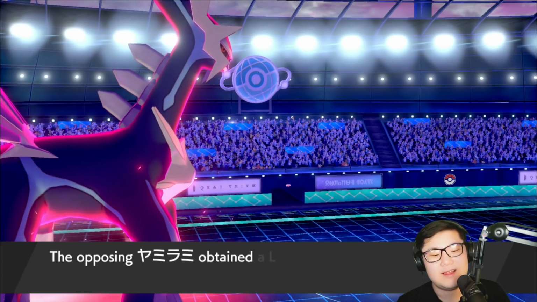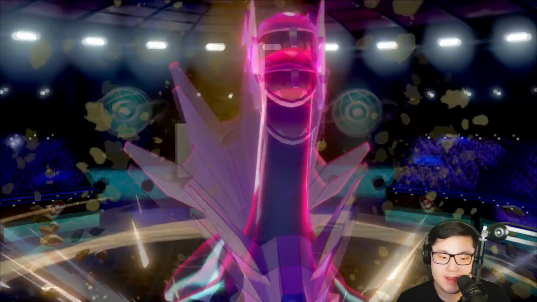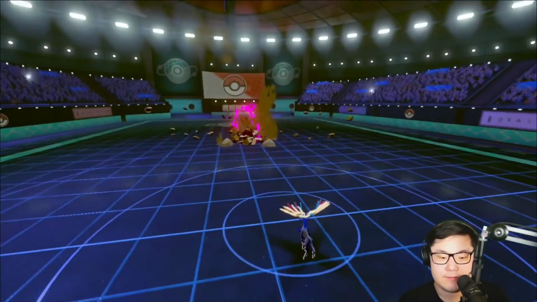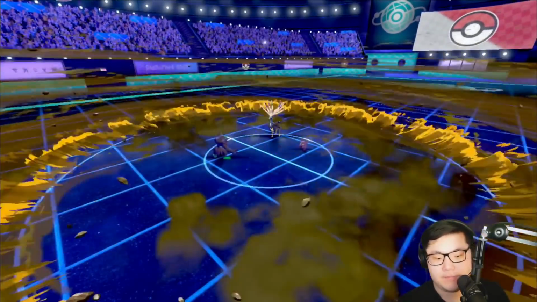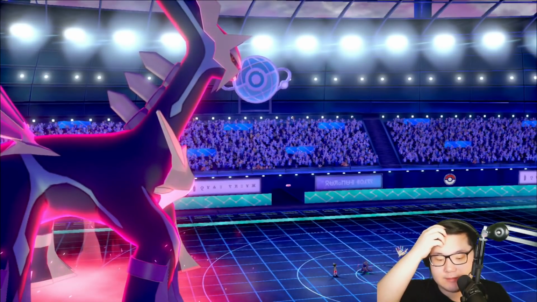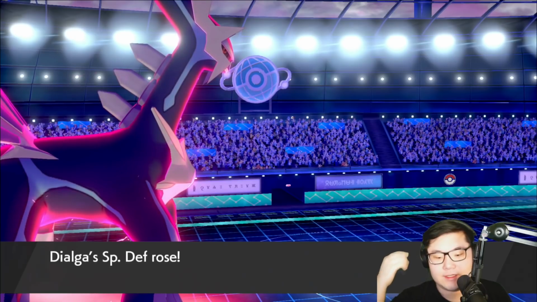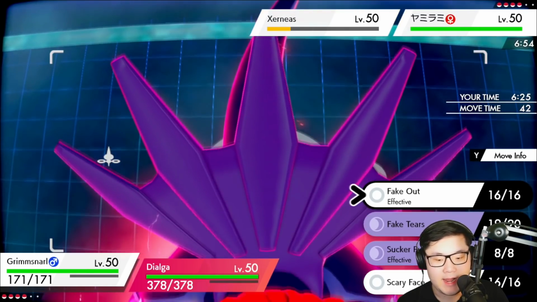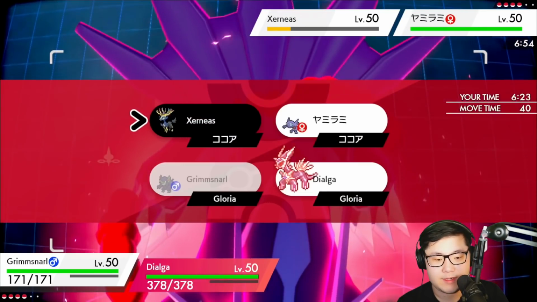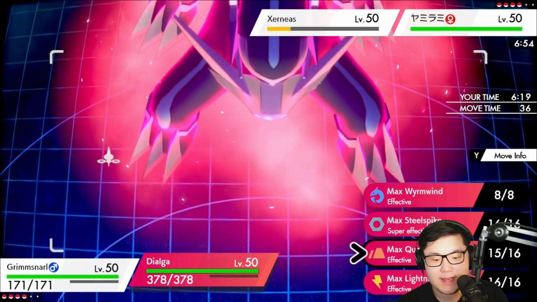Please don't be eject. Oh, it is eject button. That stinks for me. Well, actually, it depends. I get a Quake off with the Dialga. Pretty solid damage on Xerneas, okay? It depends on if the Sableye actually has priority because I can play around it, I think, as I go for Fake Tears here on a Xerneas. I could Sucker Punch the Sableye if I think it's priority, but I don't know if they're actually going to run priority in this format. So I'm going to Scary Face here, and I'm going to go for a...